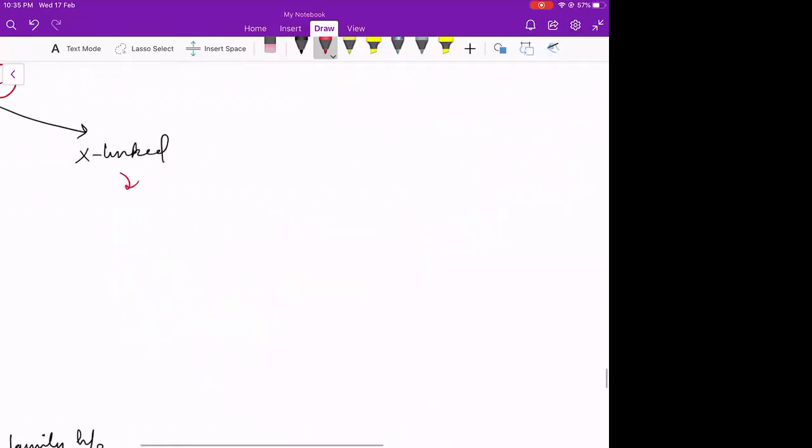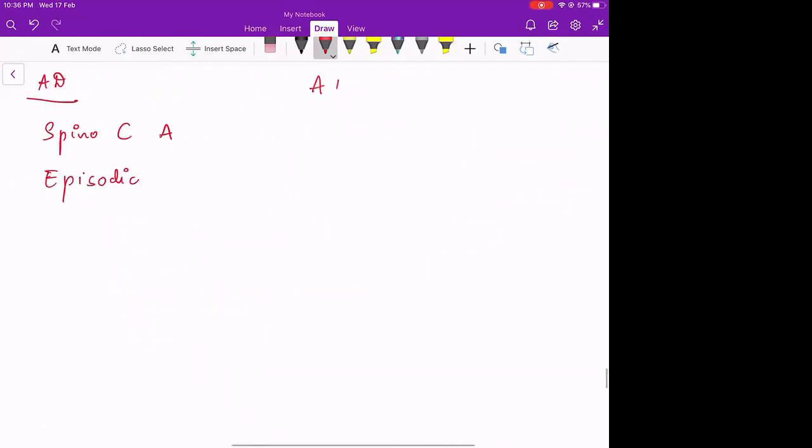Autosomal dominant ataxias are spinocerebellar ataxia and episodic ataxia, whereas autosomal recessive ataxia